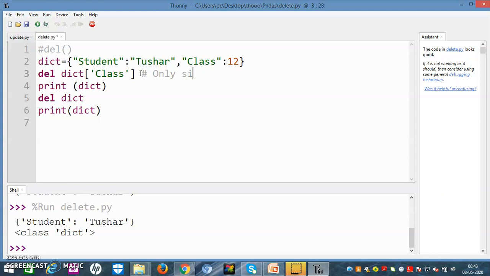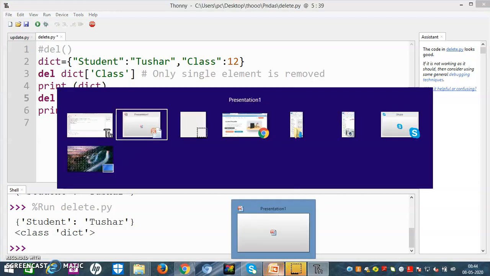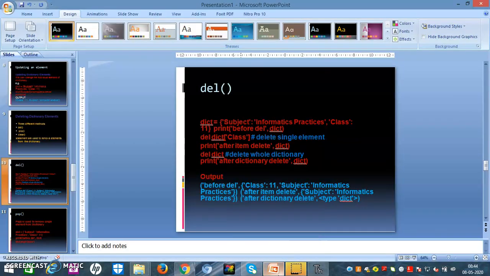Here only a single element is removed. Here the whole dictionary is removed. Right. So let me move again to the presentation which I have prepared for you.